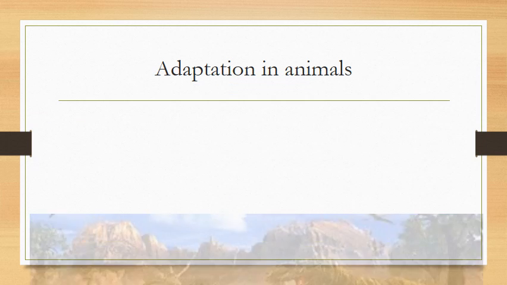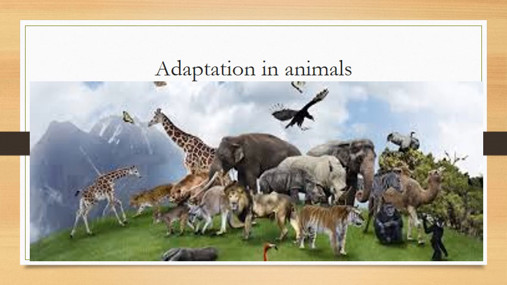So we can say every living thing, the animals, plants, humans, they have to adapt to the changes to survive in their surroundings. Okay, what I have said, all the living things have to adapt to the changes in their environment to survive in that environment or in their habitat. So this process is known as adaptation.